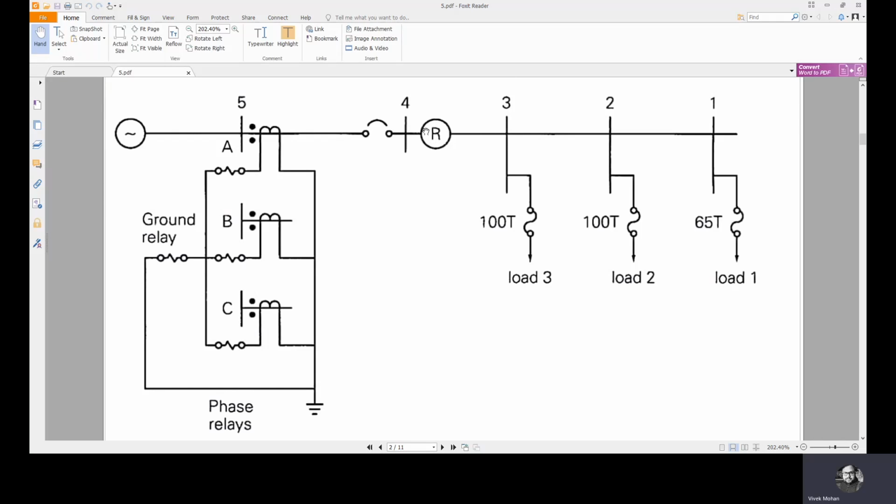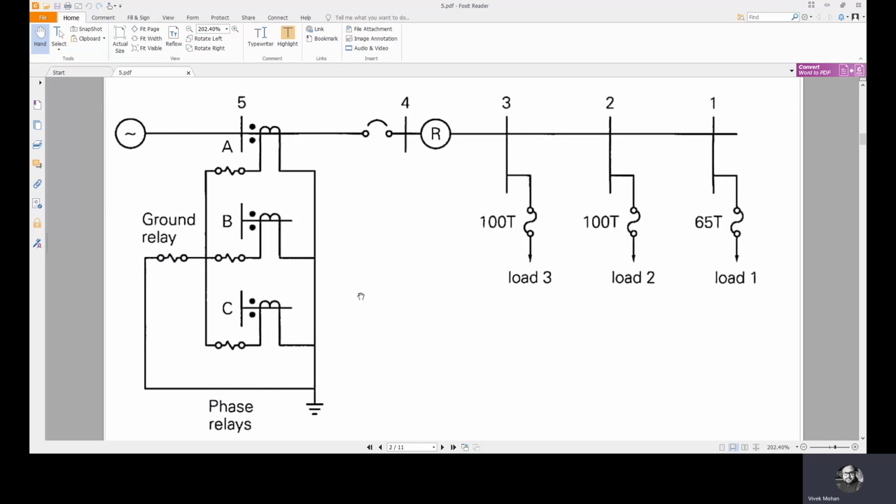It's a self-controlled device, unlike circuit breakers, which have separate relays. Here you can see relays for this particular circuit breaker. This is a substation circuit breaker. To control this circuit breaker, or to send the trip signal to it, we have these relays.